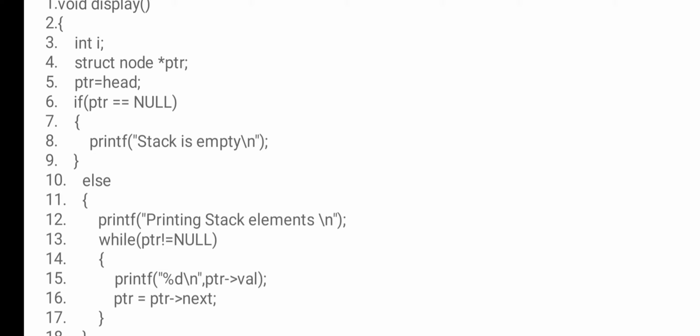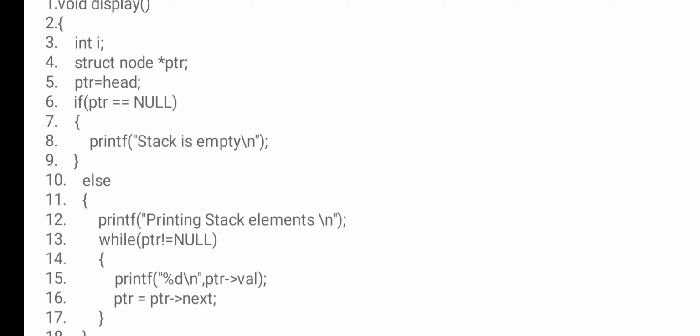Head is assigned to ptr, and then if ptr equal to null. You have to observe the difference between the fifth and sixth steps. In the fifth step, head is assigned to ptr, but in the sixth step it is ptr equal to null.